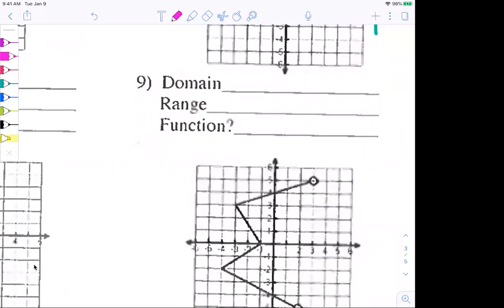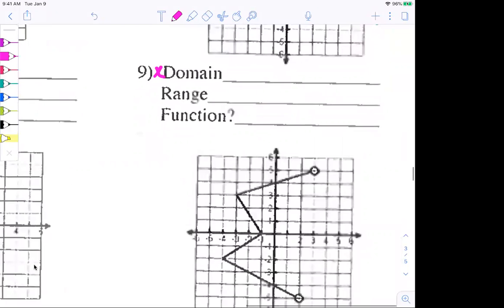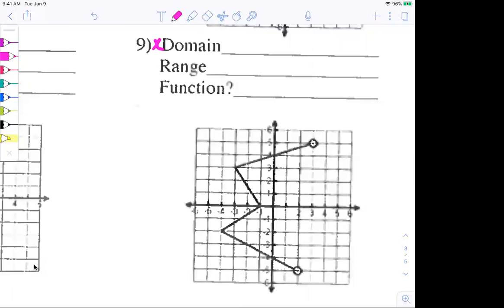So looking at number 9, again thinking about domain, I need to see where it starts on the left and where it moves to the right. So where does it start and where does it move to? What's the furthest point on the left that it's touching? Jaden, do you know what the domain for number 9 would be? The furthest point on the left, it would be -4, is less than or equal to x. Do you want me to say the last value? Yep, you're also good. Is less than 3.